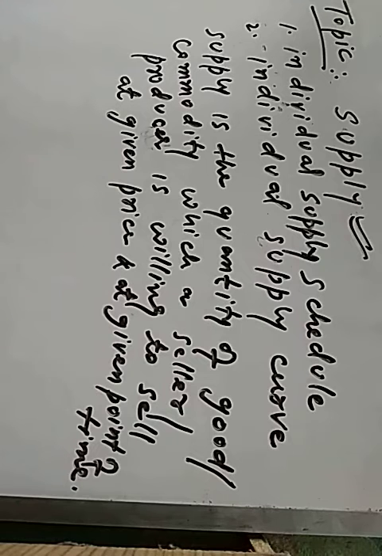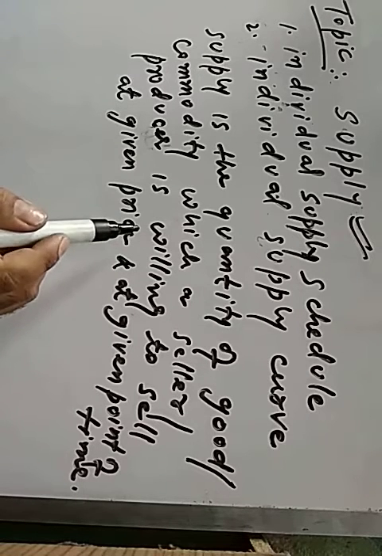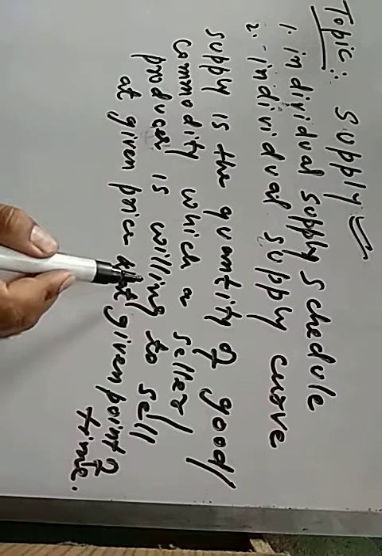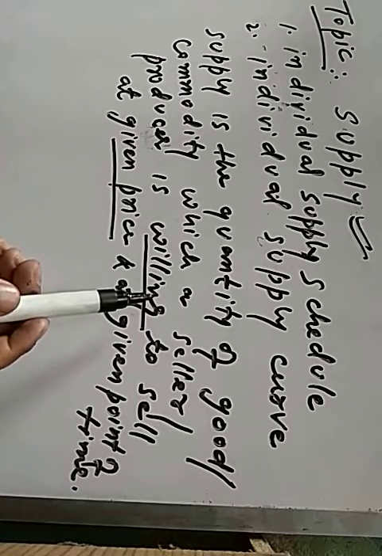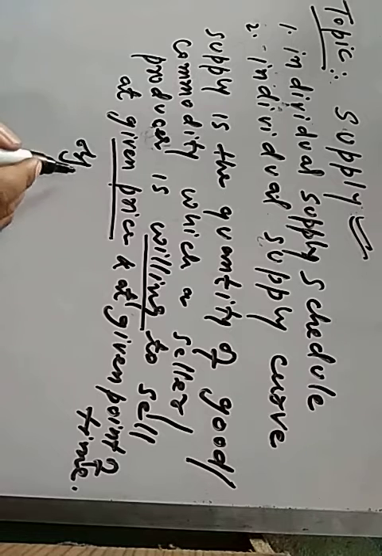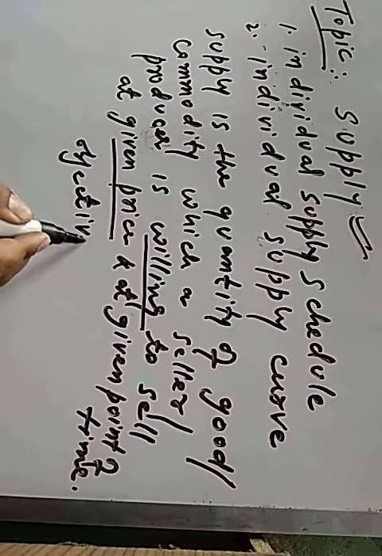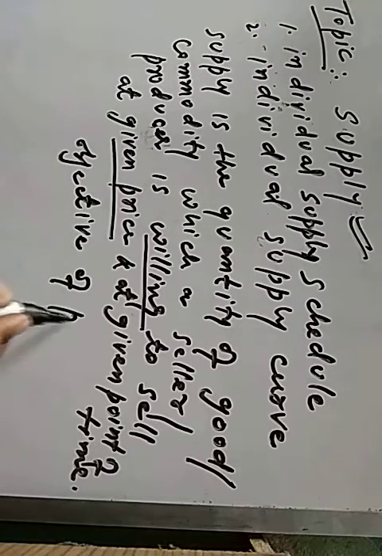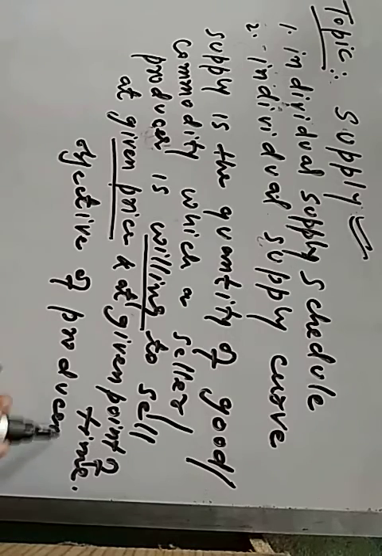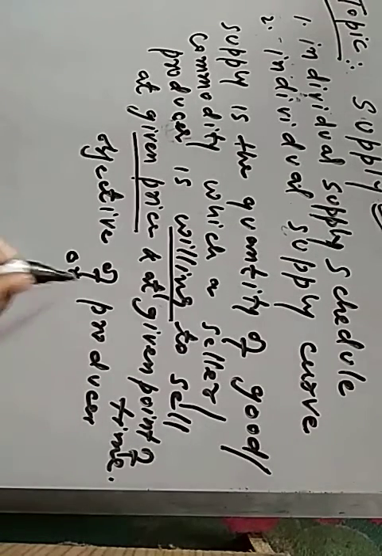We see that there are two important words. Number one is willingness of a seller and second one is given price. Because the objective of producer or we can say objective of seller is